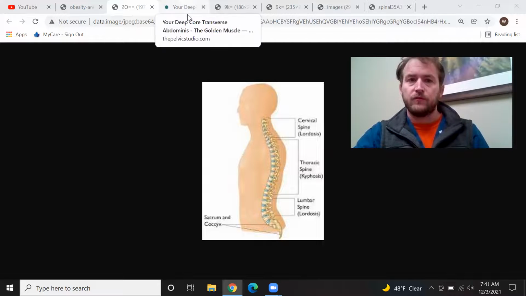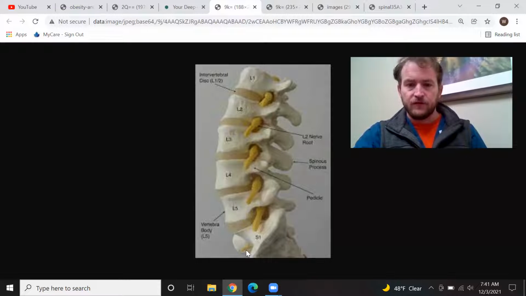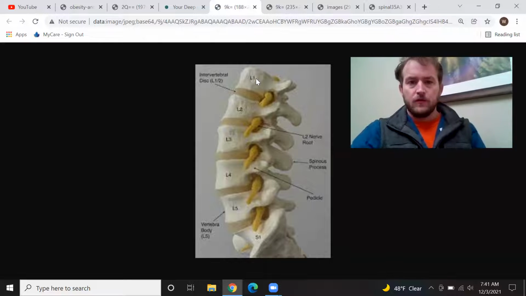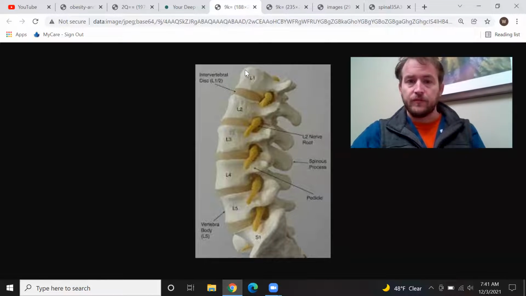So we'll go sort of through that. So this is just general of the low back, the lumbar region. There's five basic stacked elements, the vertebra, and then there's the sacrum down here, which is attaching to your pelvis. But as you can see, the bones, they're relatively big. I mean, they're approximately that big. I mean, they're not huge, but they're the biggest ones in the back, other than the sacrum,